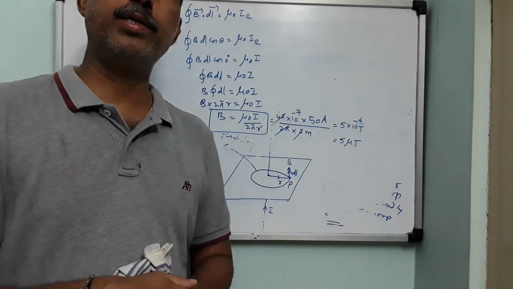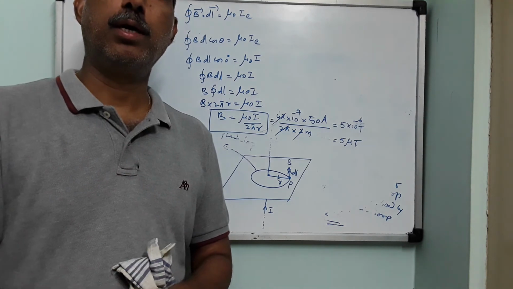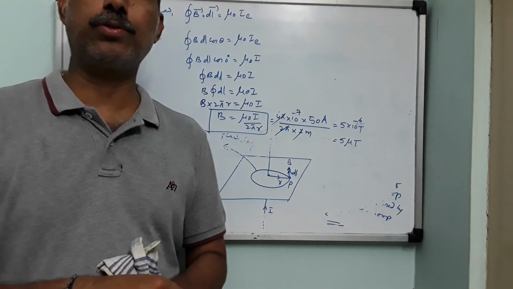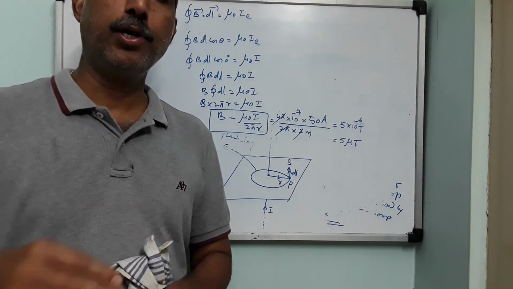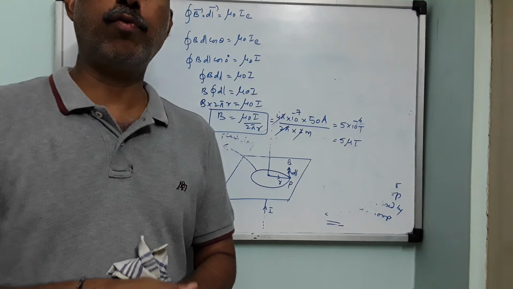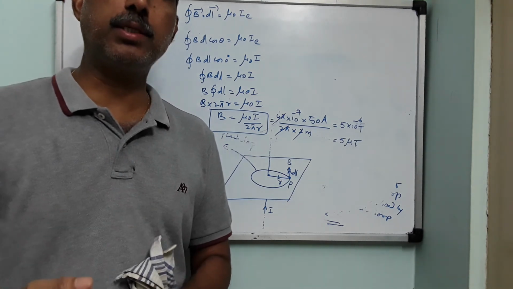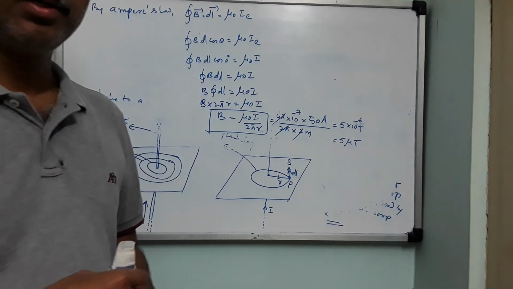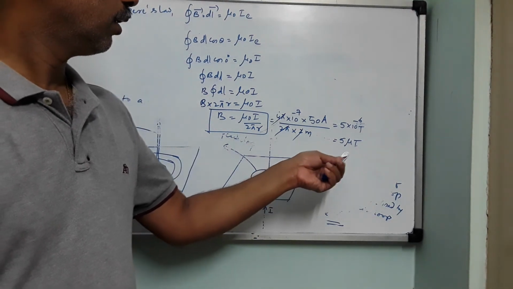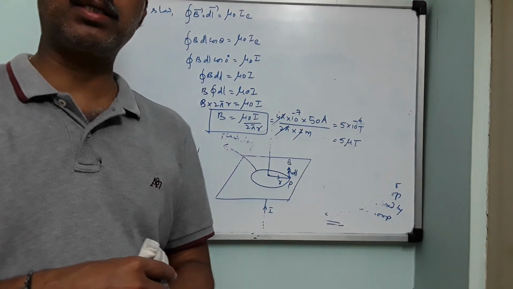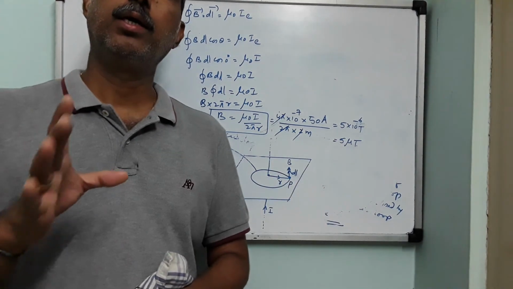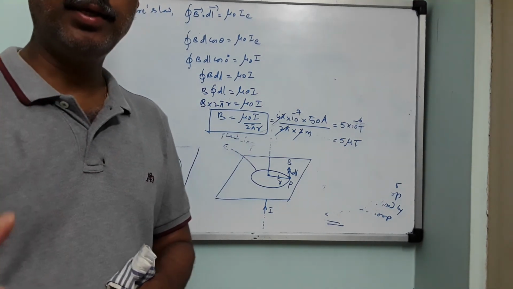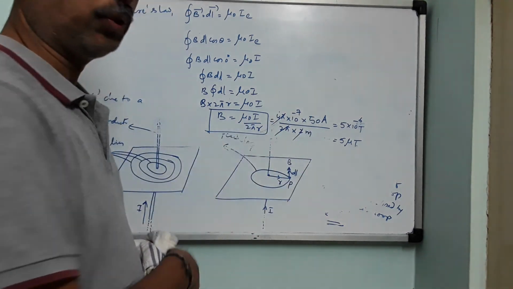So this magnetic field is sufficient to disturb your blood cells, because our body is totally made up of electrical pulses only. I told you in previous classes also, every information will go to the brain in the form of electric pulses. Electric pulses are nothing but electric charges. So wherever there are electric charges, there are electric currents. So this small magnetic field, though micro Tesla, is enough to disturb the cells in our body. So therefore, don't stand very close to the power line.